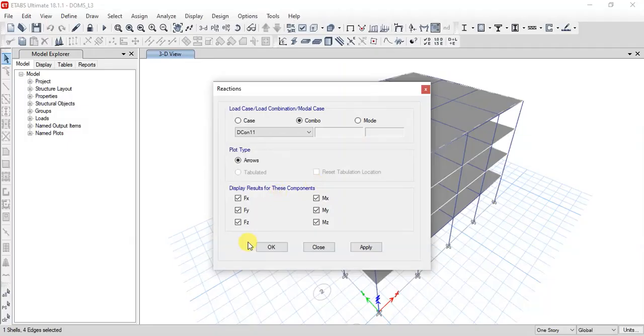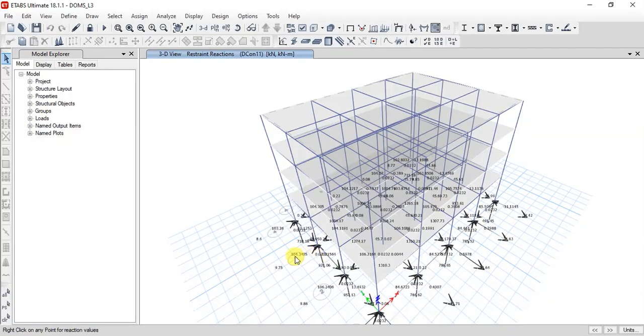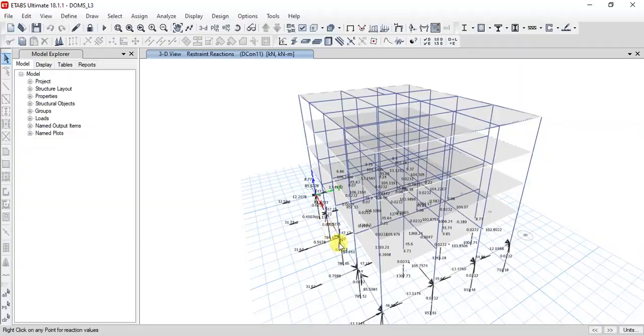Check all the boxes, so you know the display of results and all the directions in the support reaction. Click Apply, click OK. You can see the support reactions at different axes. You can see the exact values of the support reactions.